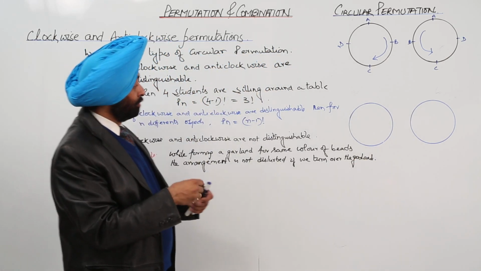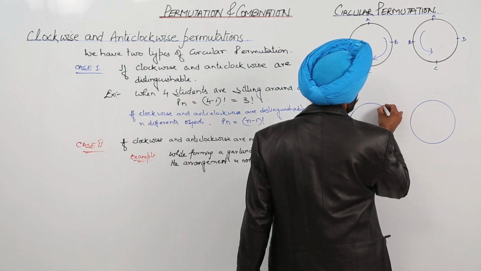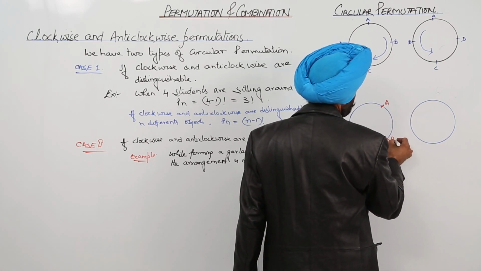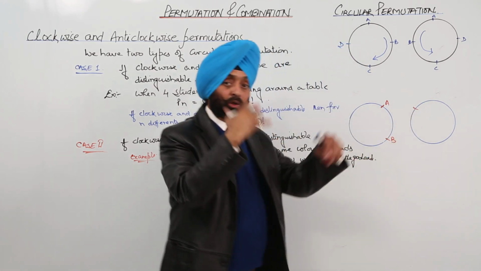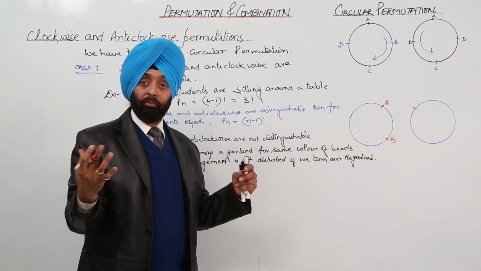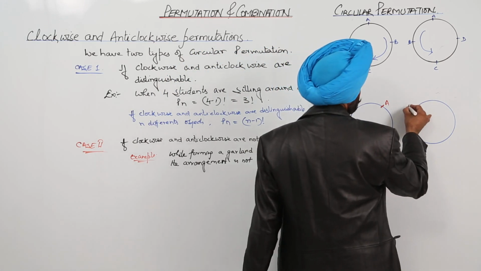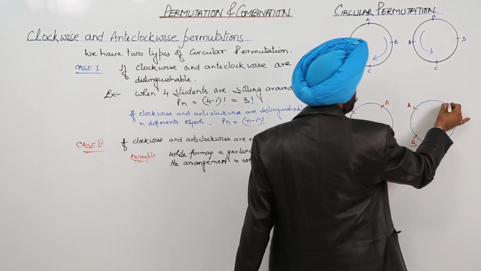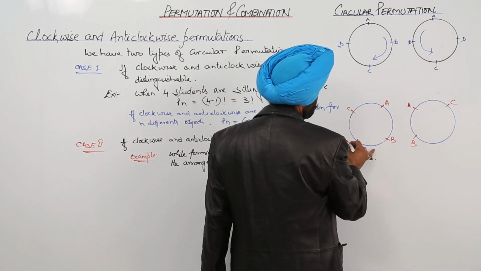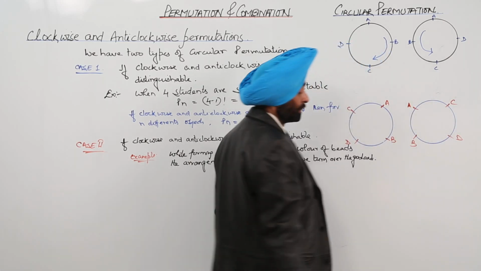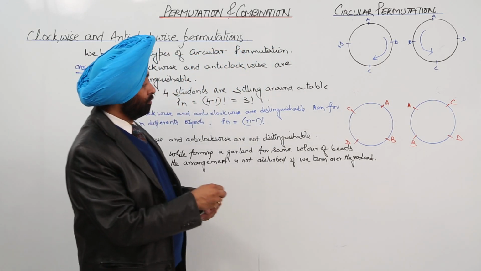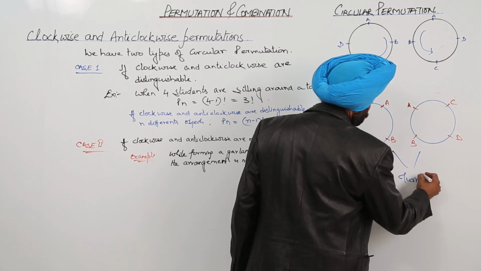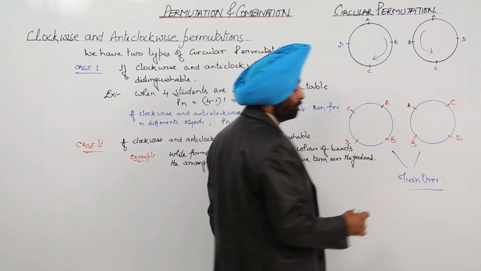Now, here what we are having? Suppose here we are having A and here it is B. Then if we are just turning it over like this one, or you can say the mirror image, then here will be A and here will be B. And if C is here, then C will go this side. If D is here, D will go this side. Okay. So, this part is for turnover, or you can write it mirror image.